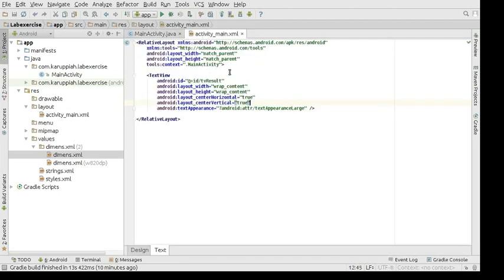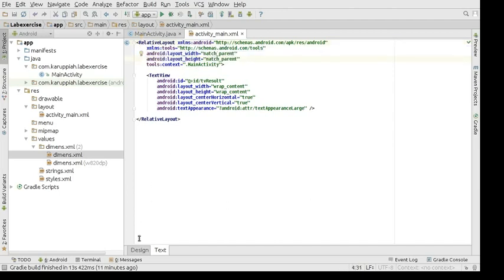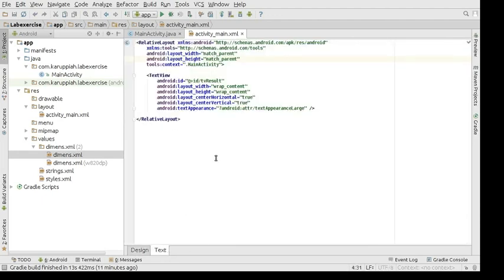You have to remove the universal shortcut so that you can reformat the code using Ctrl Alt L, which is a shortcut in Android Studio 2. So now we can see a text view in your XML. This is basically an XML file, activity_main.xml. This will define your layout, and this has a relative layout, and you have some width and height over here. Match parent basically means match the parent layout, and here there's no parent, so it's basically matching the whole of the device screen.